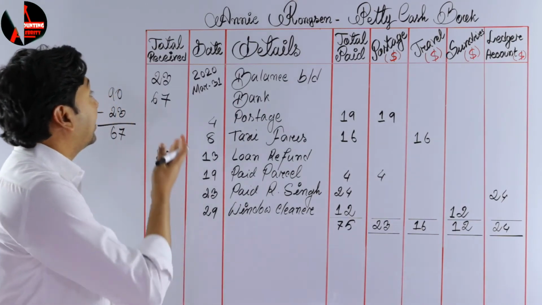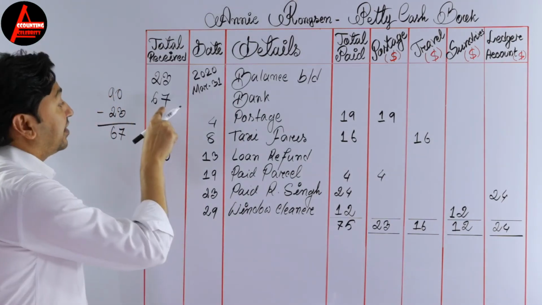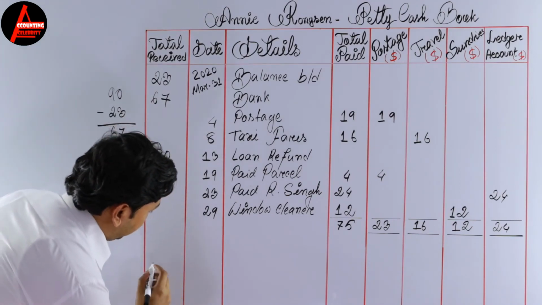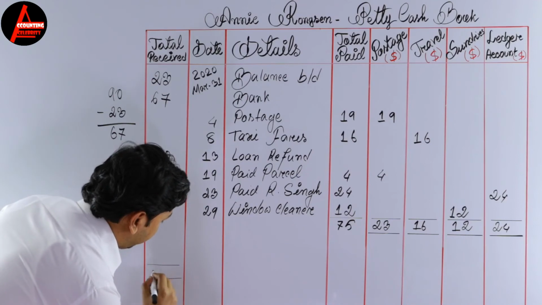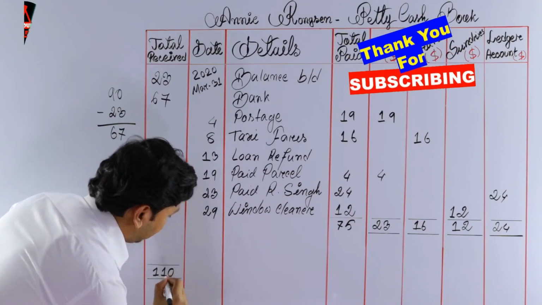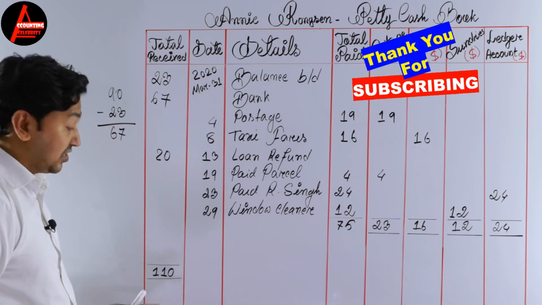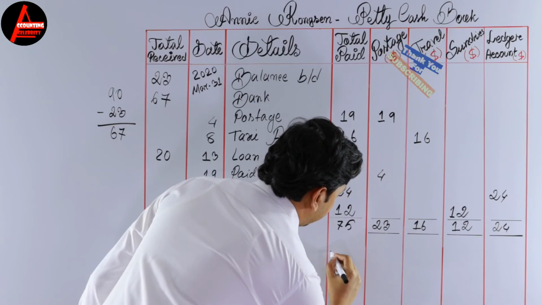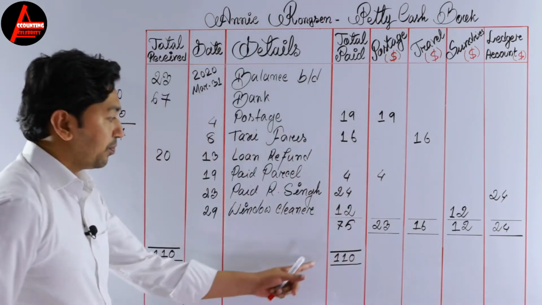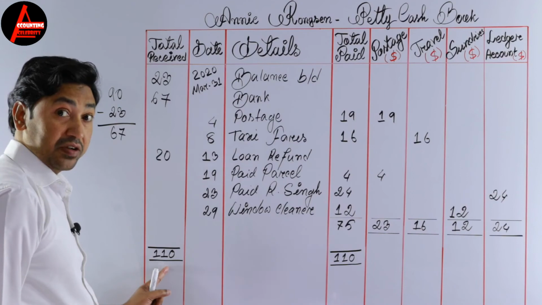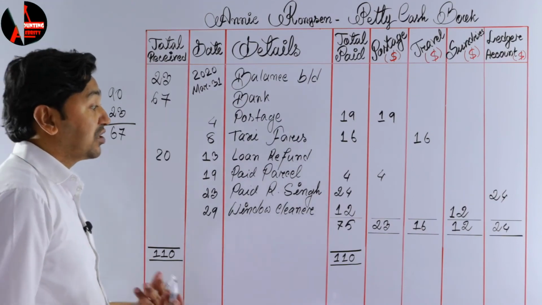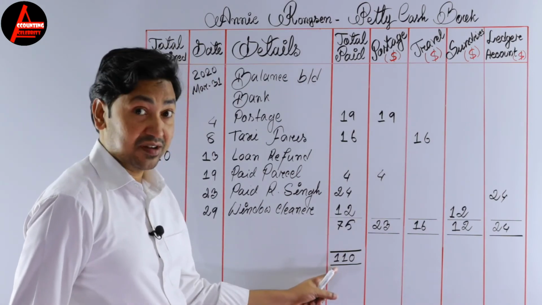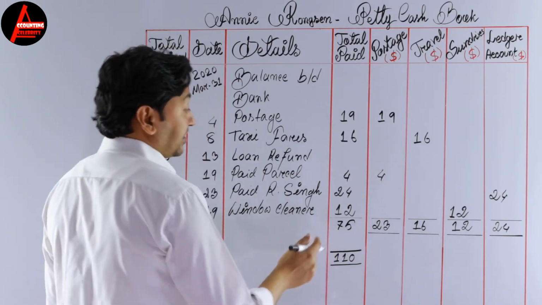Now we will add this column. Here 90 plus 20 equal to $110. So let us write here $110, the total. Now we will take this total here. So let us write here 110. So we just copied this amount from this total. Same amount. Now what to do? Now we have to subtract the $75 from this total. So 110 minus 75 equal to